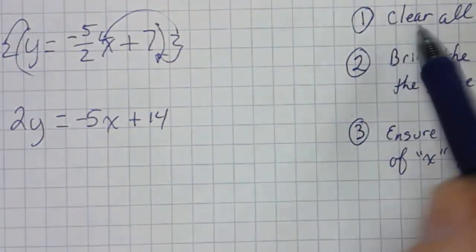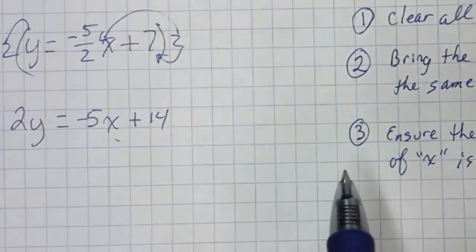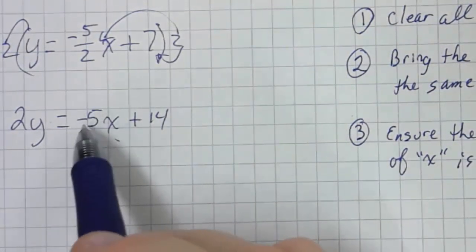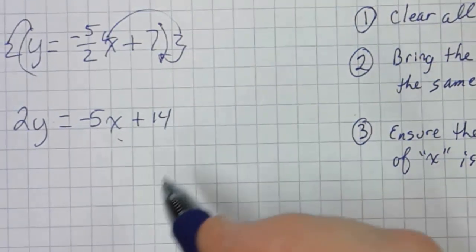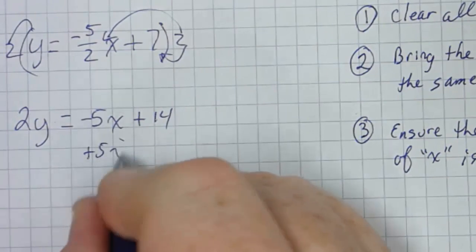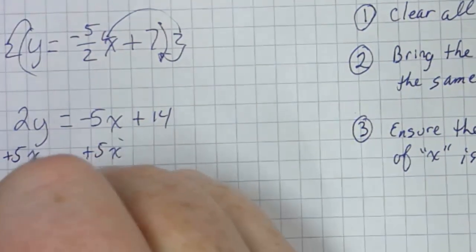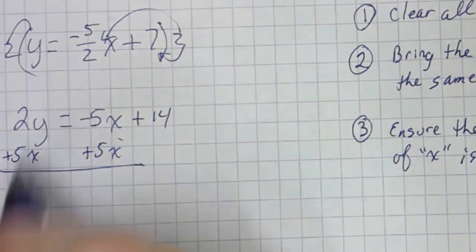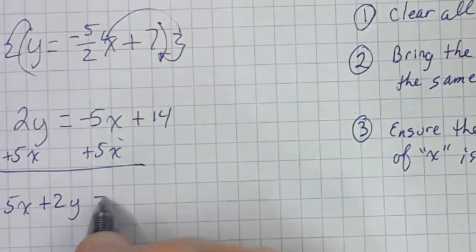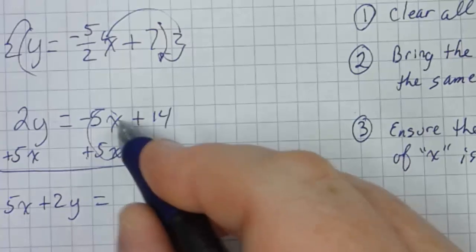So that's step 1. I've cleared the fractions. No more fractions left in the problem. Now I want to bring the x terms to the same side as y. So x is right here. That's a negative 5x. So to eliminate the 5x from this side, I'm going to add 5x to both sides. So on the left-hand side, I end up with 5x plus 2y equals, this becomes 0, and 0 plus 14